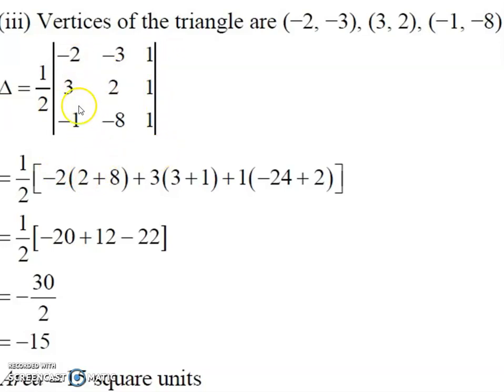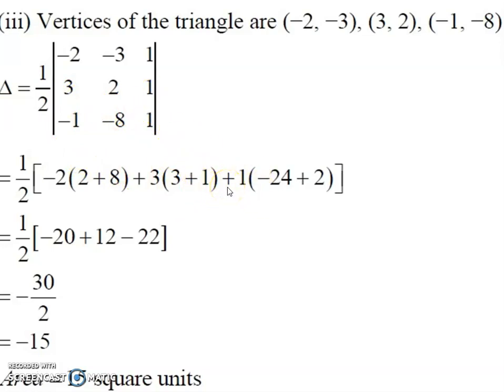So we have to take the minus 2 here. 2 into 1 is 2. Minus 8 into 1, plus 8. It is right. So we should write the bracket here. Next one, the middle term is always negative. So a minus minus plus 3. So we have to skip the second column and first row. So what should remain? 3 1, minus 1 1. So we have to take 3 into 1 is 3, minus 1 into 1, minus minus plus 1.